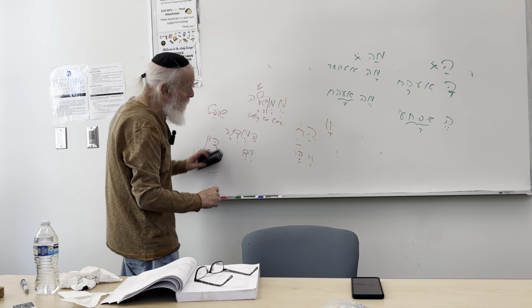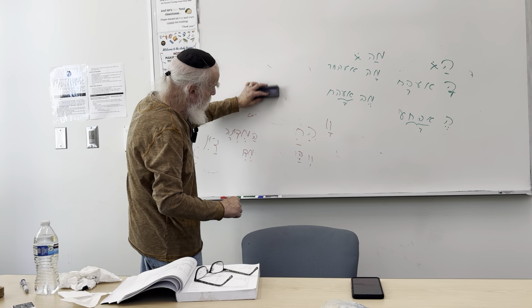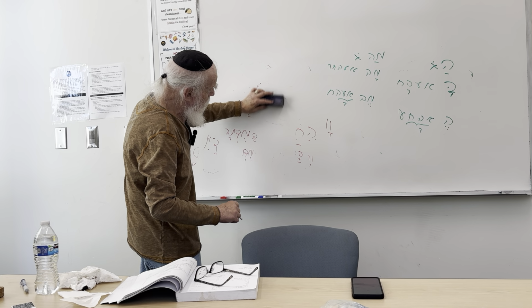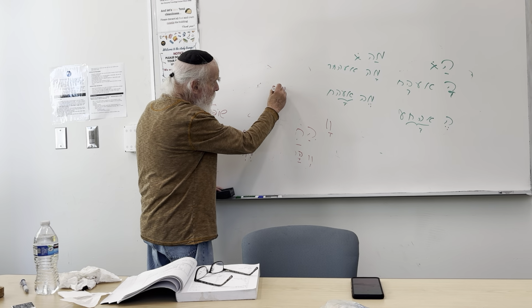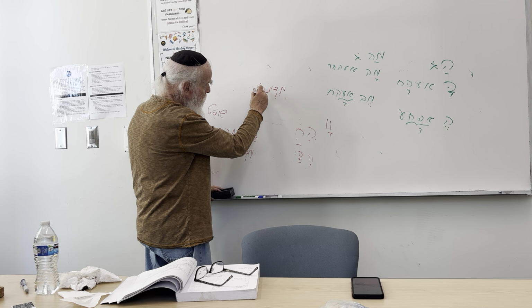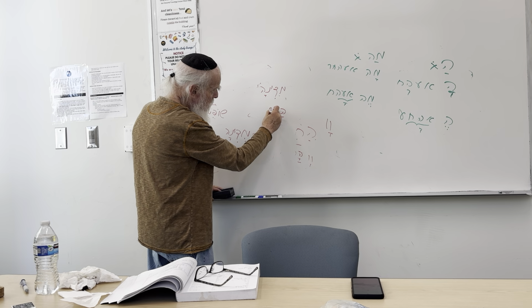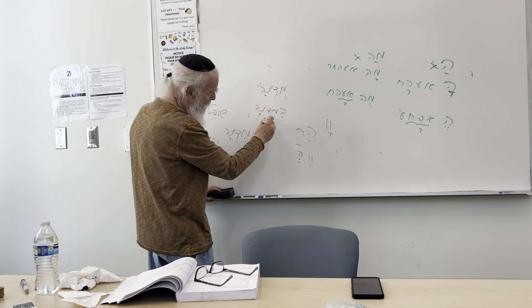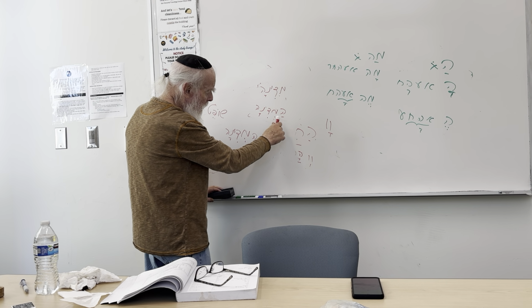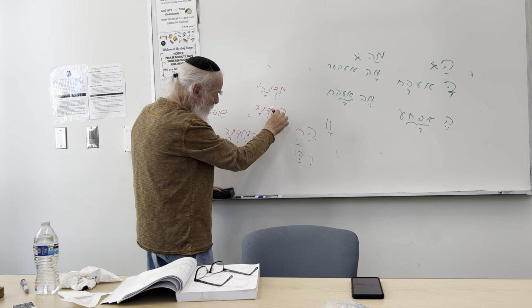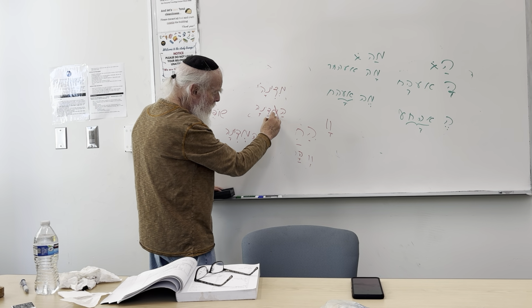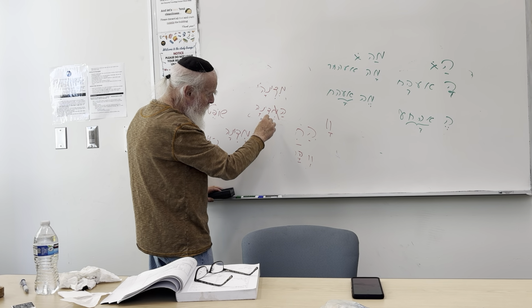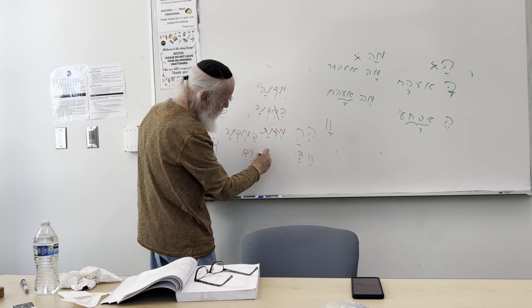Let's make it better up here. Medina is state. Medina, the state. Notice how I pronounce it, Hamdina, not Hamedina. It's a hey patach closed by the first mem, which is doubled. Ham, and then the mem starts again, the second syllable, Hamdina. And then you have the construct, Medinat. Medinat means state of.